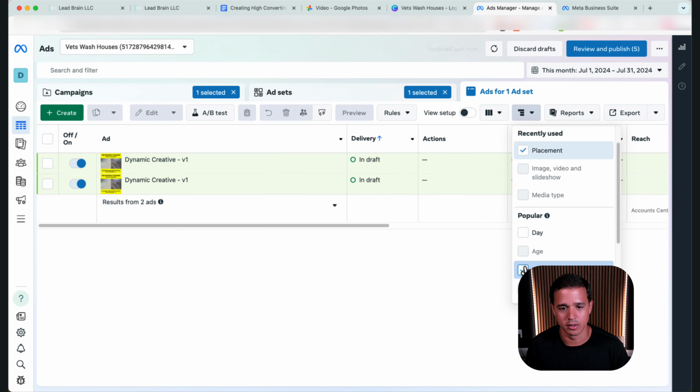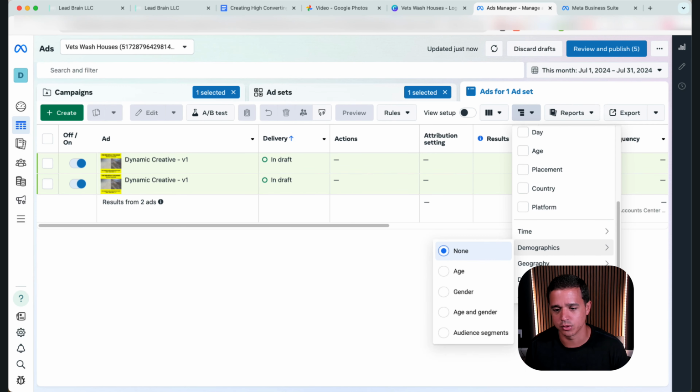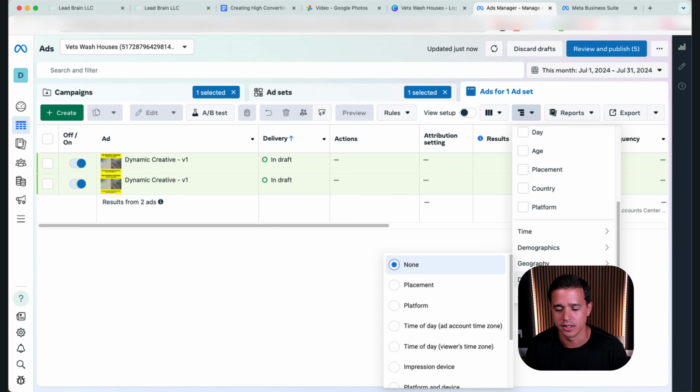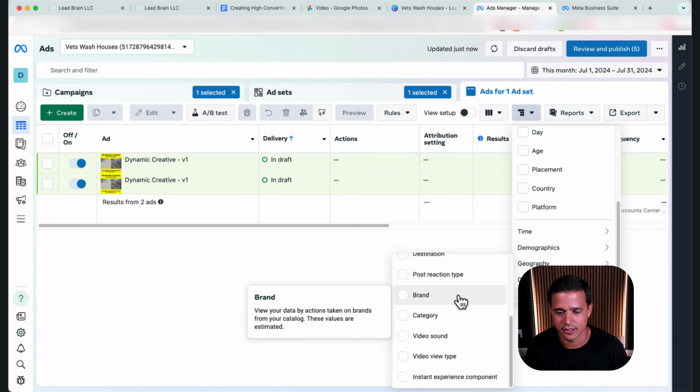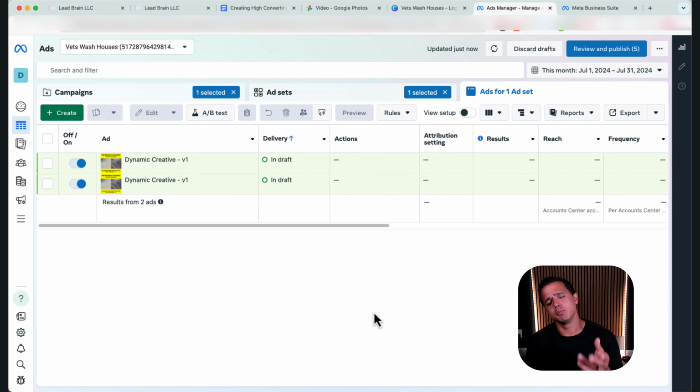Now we can also look at placements, and because we haven't run it, nothing's popping up, but you can see there was a destination, carousel card, and other things. As soon as we start running it, you'll even be able to see which headlines. Oh, we didn't create multiple headlines, and we didn't create multiple descriptions. If you had multiple headlines, multiple primary text, and multiple descriptions, you can come in here and show which ones got which conversion.